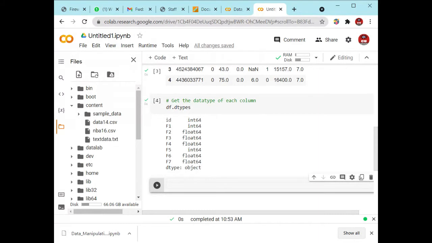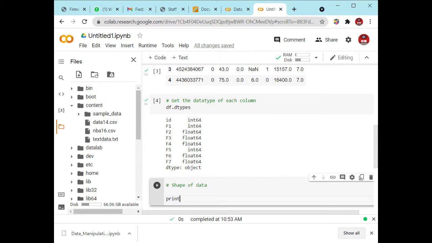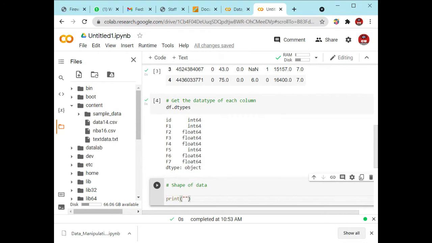So first thing, we have to retrieve the shape of data. So let's use the print statement. This print statement will display the output. So what output do you have to show? You have to show the shape of this data.